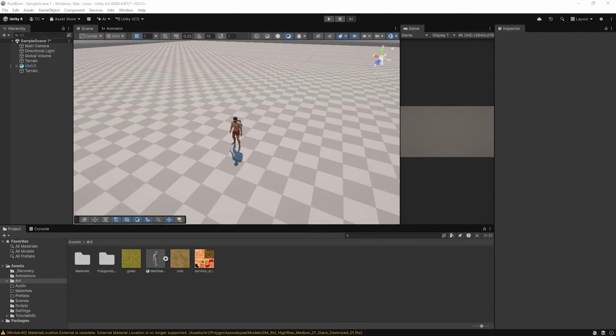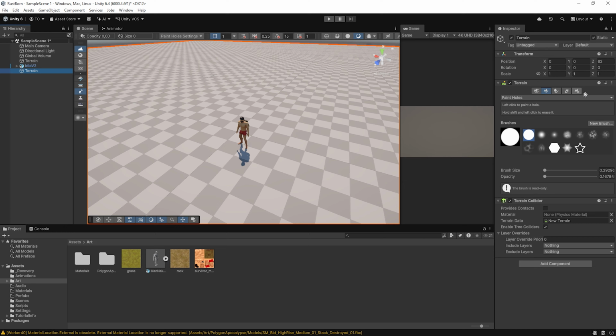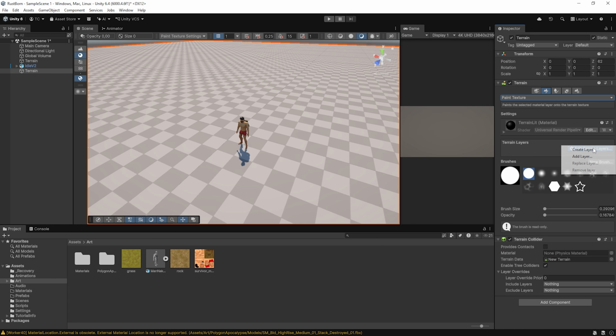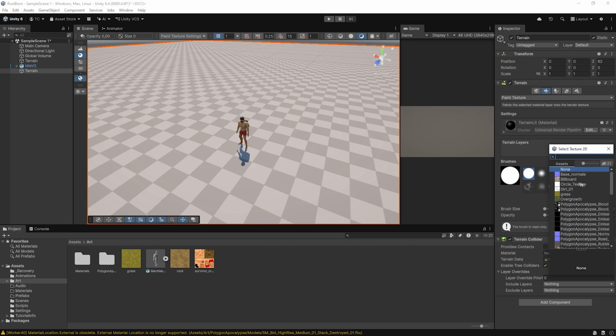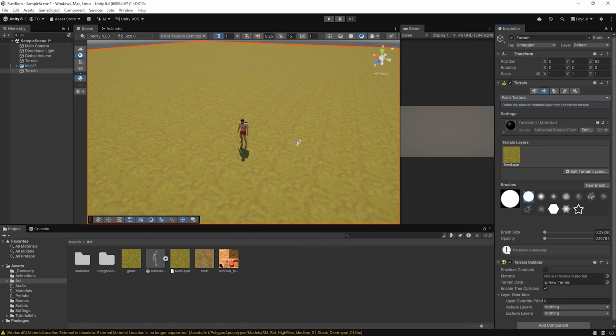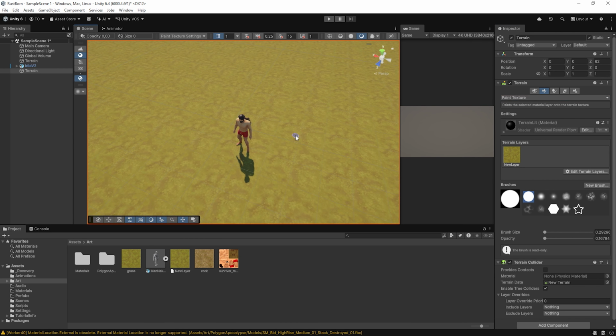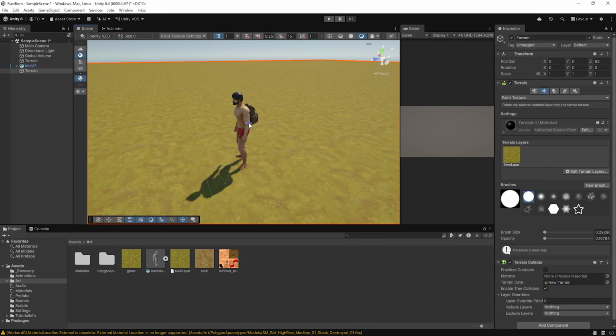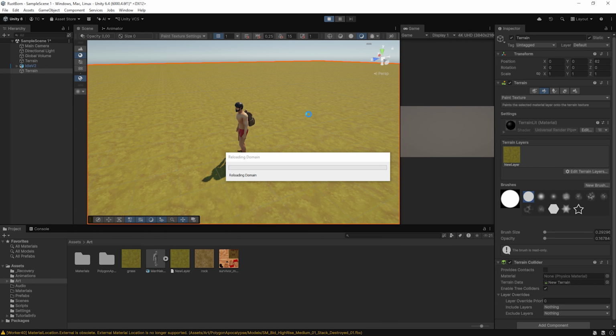Now let's select the terrain, and inside the paint texture let's add a new layer, create layer, and we want this to be the grass. And here we can see that all the map is defined as grass. So once we hit the play button to check,